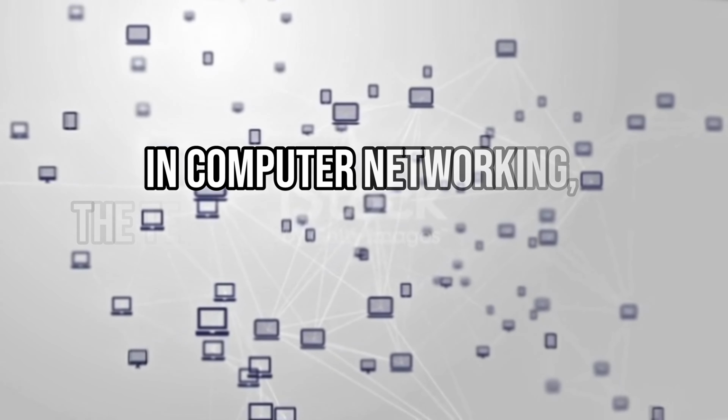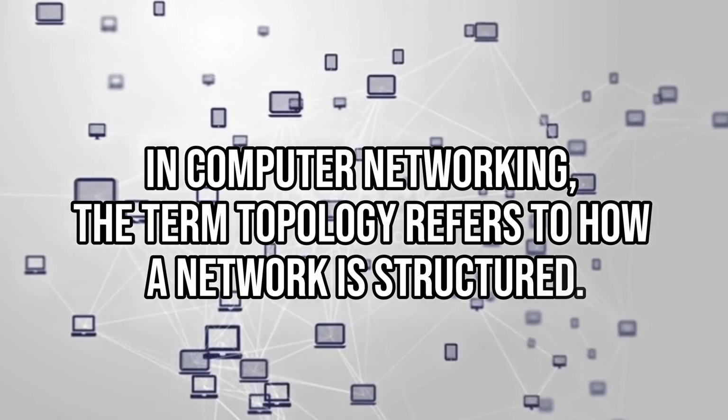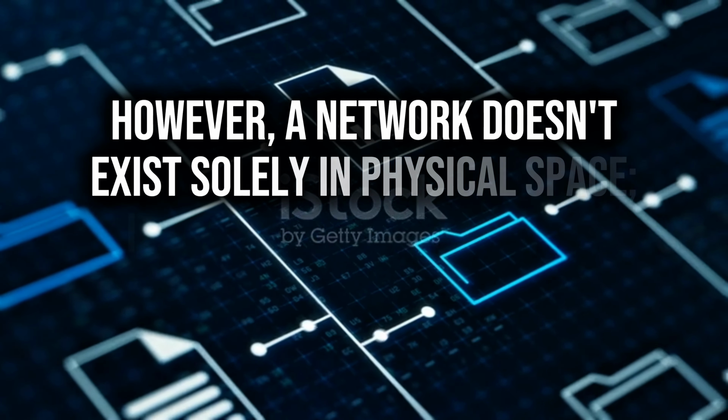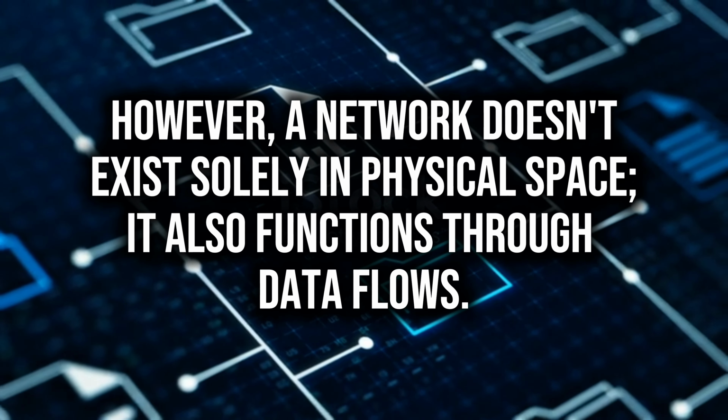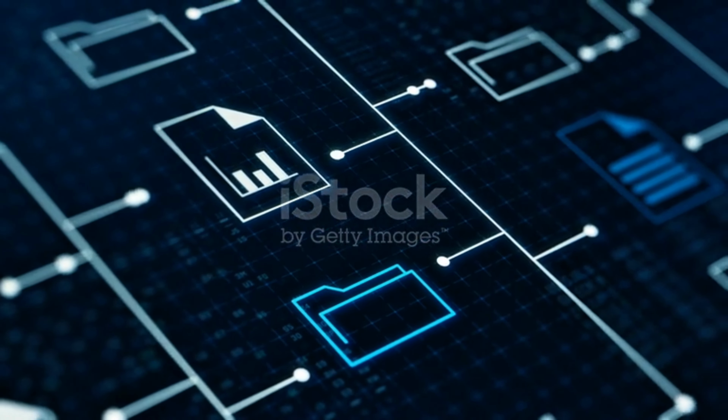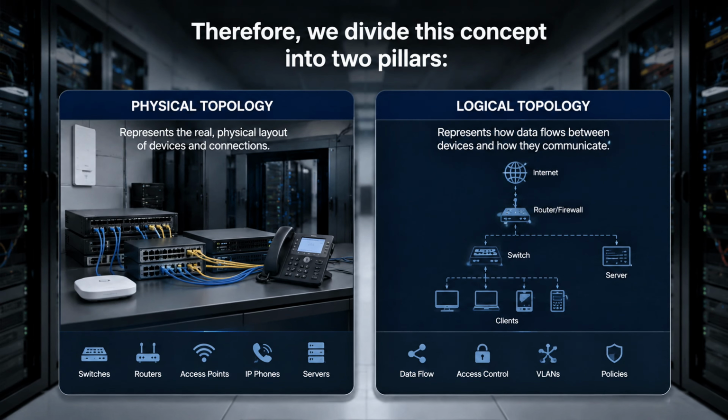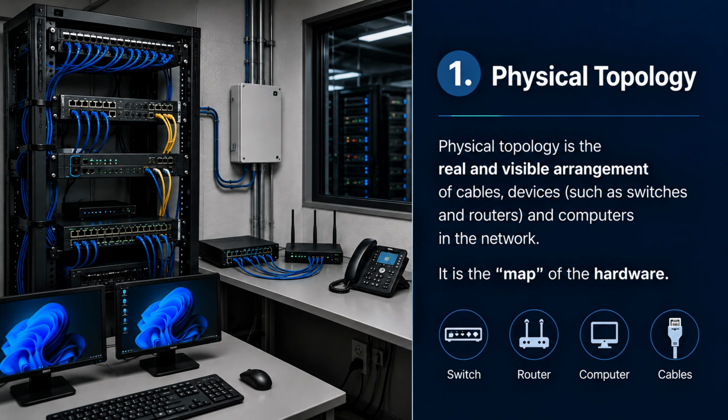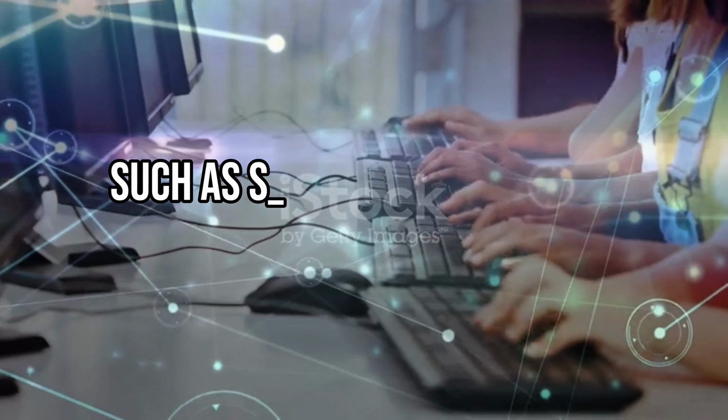In computer networking, the term topology refers to how a network is structured. However, a network doesn't exist solely in physical space, it also functions through data flows. Therefore, we divide this concept into two pillars: physical topology and logical topology. 1. Physical topology. Physical topology is the actual and visible arrangement of cables and devices, such as switches and routers